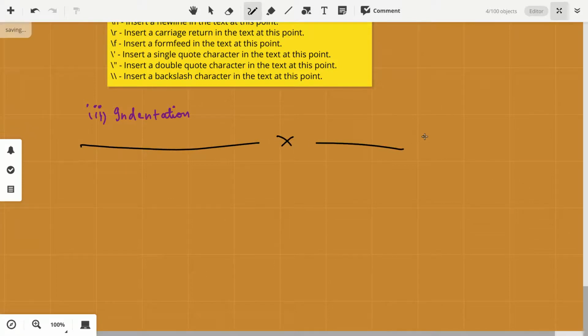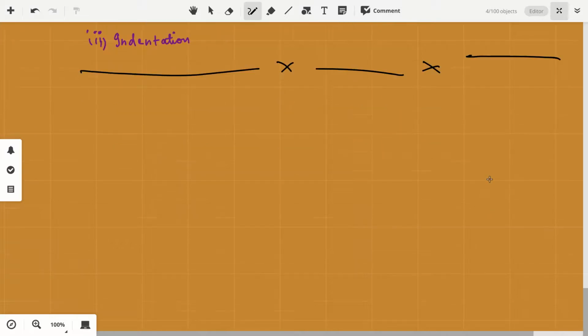In case you're writing 2 plus 2 plus 3, and multiplied by 7, this is a mathematical expression.